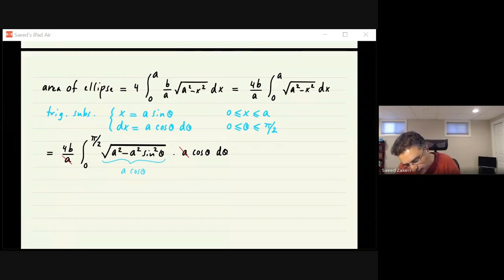And then what that gives me is outside I get 4ab, and then the integral from 0 to pi over 2 of, I have a cosine theta coming from that radical, and I have a cosine theta coming from dx, so that's cosine squared. So after that trig substitution, I'm going to end up with this integral of cosine squared, which is something we've